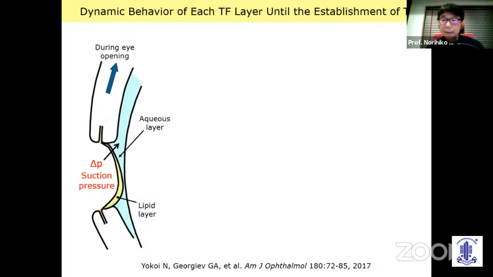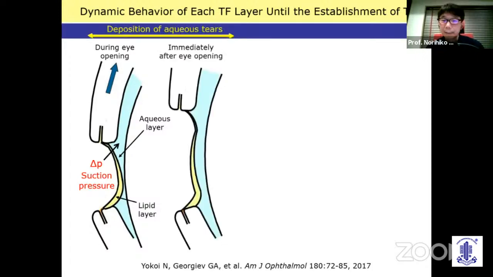During eye opening, capillary suction pressure from the upper tear meniscus pulls the aqueous tears up, resulting in the deposition of aqueous tears on the cornea. However, insufficient suction to pull the lipid layer up results in a surface pressure gradient on the lipid layer immediately after eye opening. This gradient, in turn, results in an upward split of the lipid layer,